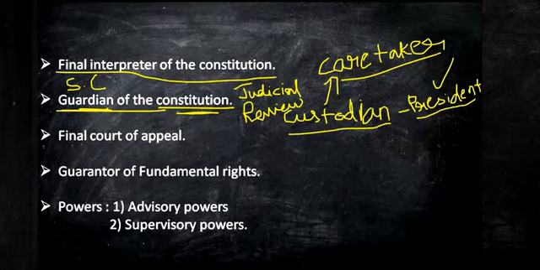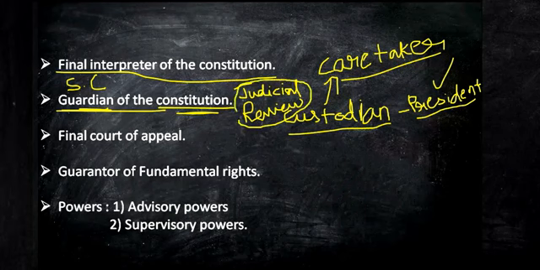So, judicial review is the tool in the hands of the Supreme Court to look into the act or the activity that has been done by a public authority. If the Supreme Court finds that a particular law or provision is violating the constitution, then it says that that particular law is ultra vires, unconstitutional, null and void. That means that particular law cannot be implemented. So the Supreme Court has this power of judicial review.